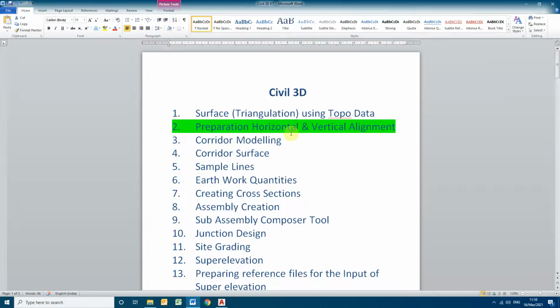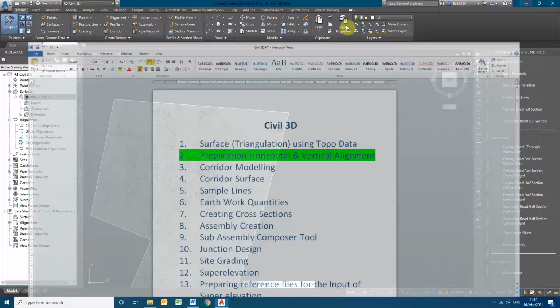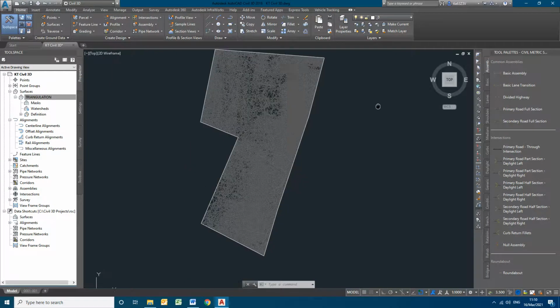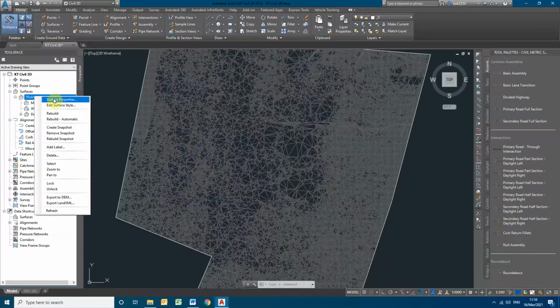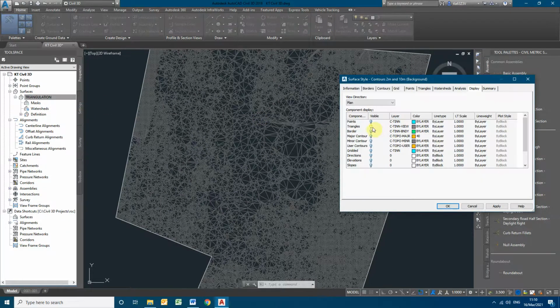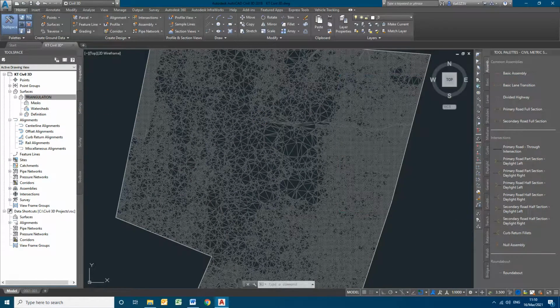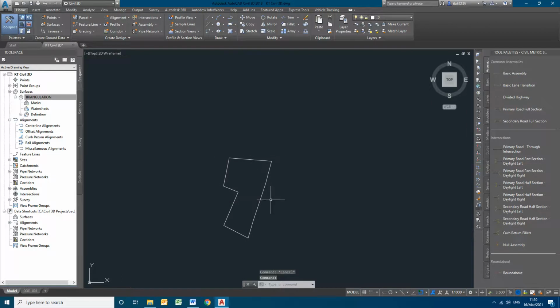Now today's task is preparation of horizontal and vertical alignment. On this pre-created ground data, we will be doing the horizontal and vertical alignments. For this, I am switching off the triangulations for easy visibility of the alignment that I am drawing. So within this boundary area,